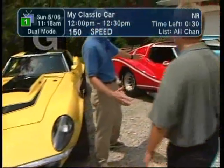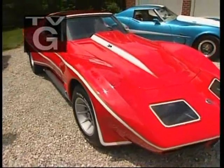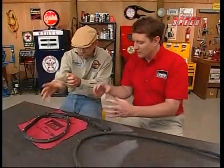We'll check out a serious collection of Baldwin Motion supercars near Indianapolis, Indiana. Then burn them in a '73 Baldwin Motion Camaro. Plus, we'll